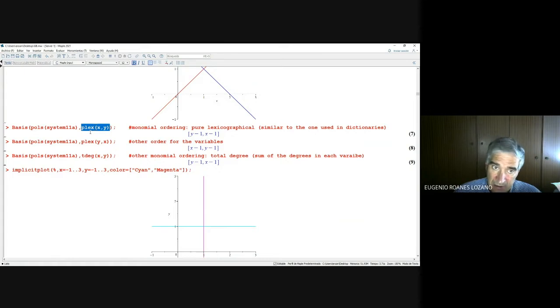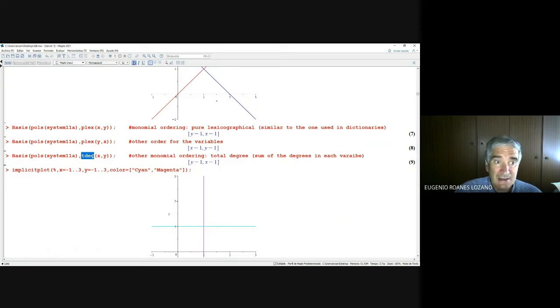It's an ordering similar to the one used in dictionaries, and an order for variables, x, y. The order for variables can be changed, and also other orderings for monomials can be chosen, for instance, total degree,